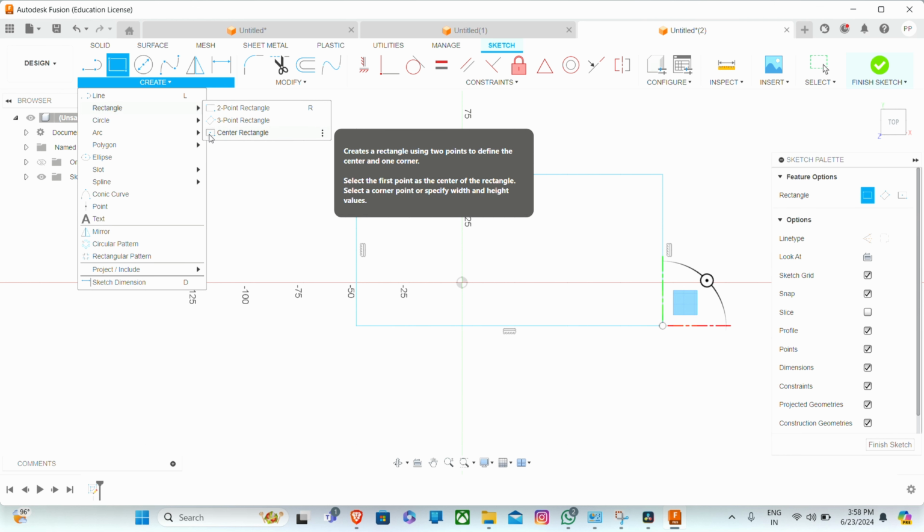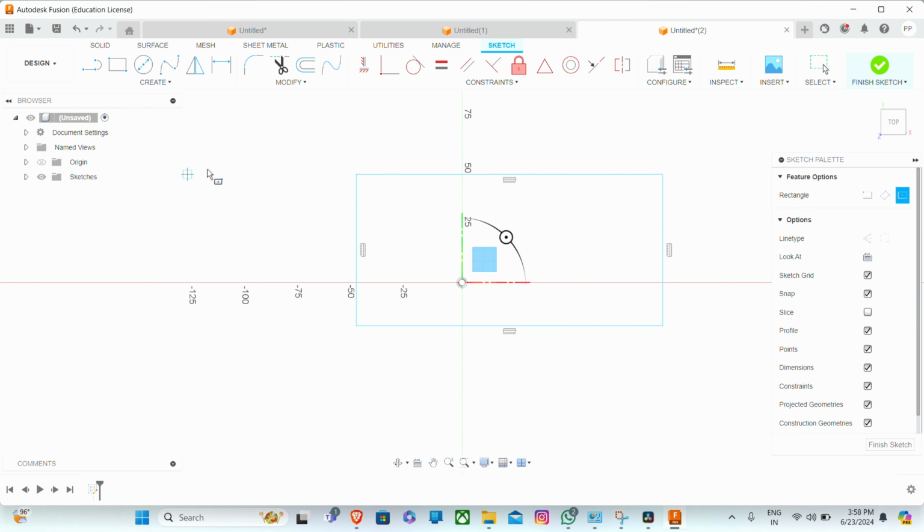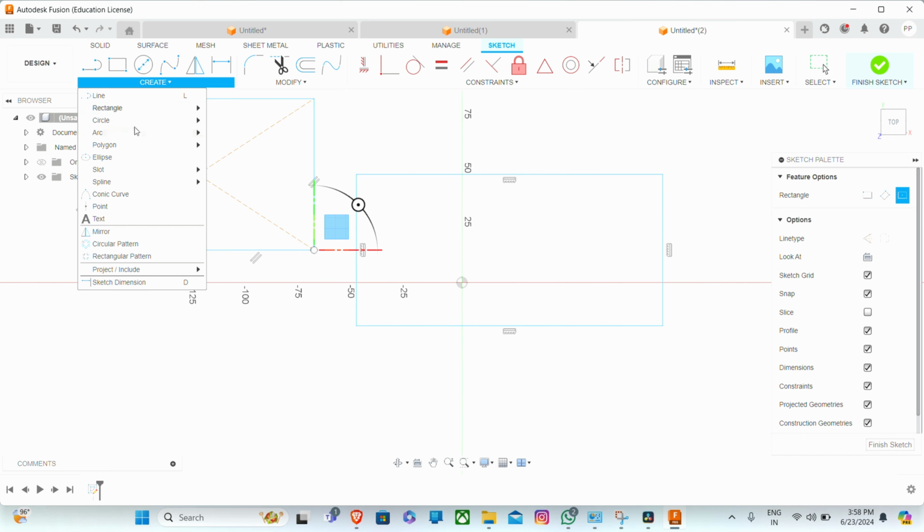I need to show you how to draw a center rectangle. This center rectangle is same as rectangle, but it's drawn in a different way. You need to assign a center point, and from that point you need to draw the rectangle. It's a center point rectangle. And third option, you have